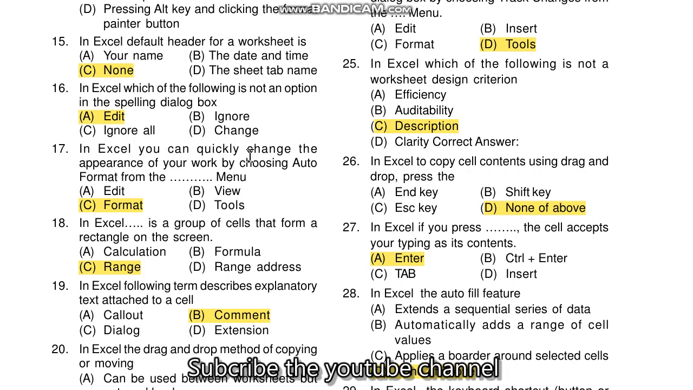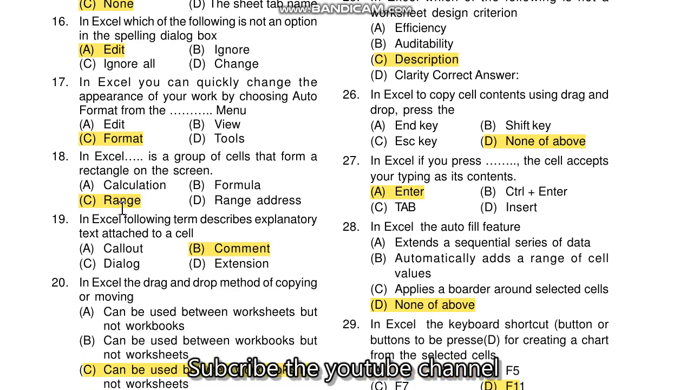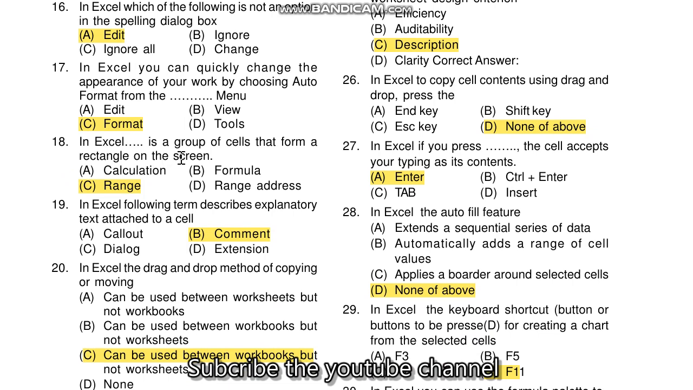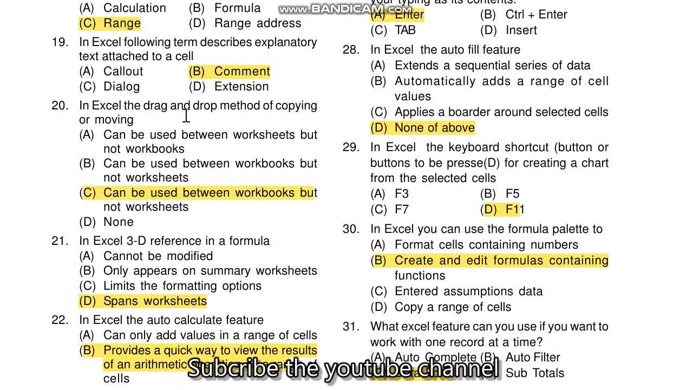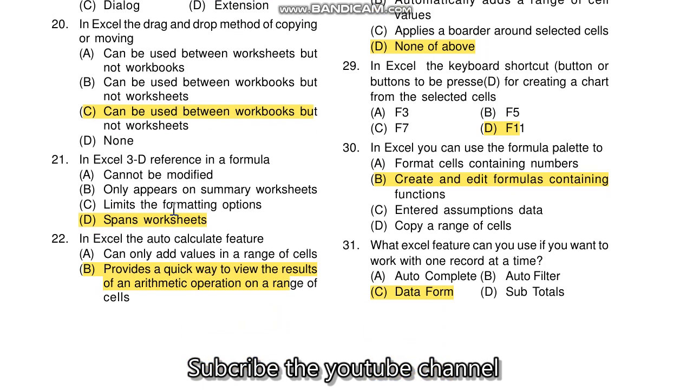in Excel you can quickly change the appearance of your work by the choosing auto format from the format कहलाता है। Question number 18, in Excel is a group of a cell that form a rectangle on the screen, range कहलाता है। Question number 19 है, in Excel following term describe explanatory text attached to a cell, comment कहलाता है। Question 20, in Excel the drag and the drop method of copying or moving can be used between the workbook but not worksheet। Question 21, in Excel 3D reference in a formula spans worksheet कहलाता है। Question number 22, in Excel the auto calculate feature provide a quickly way to view the result of an arithmetic operation on a range of a cell कहलाता है।